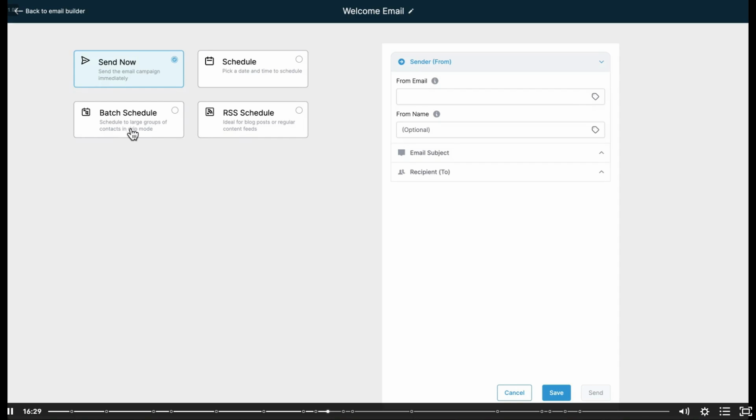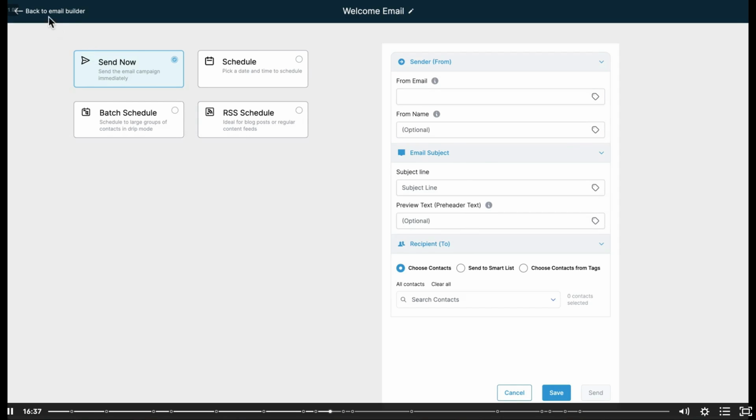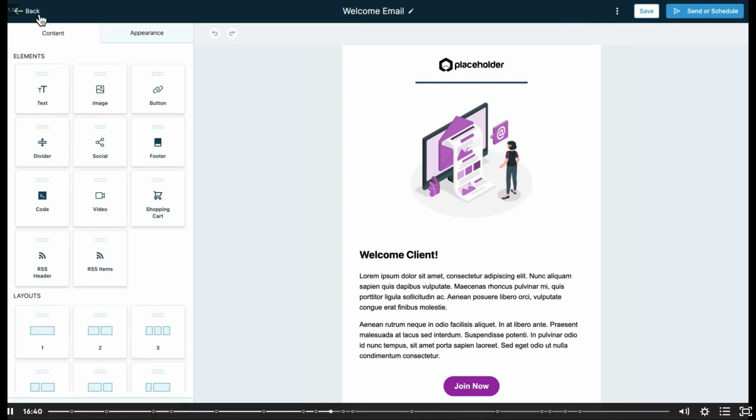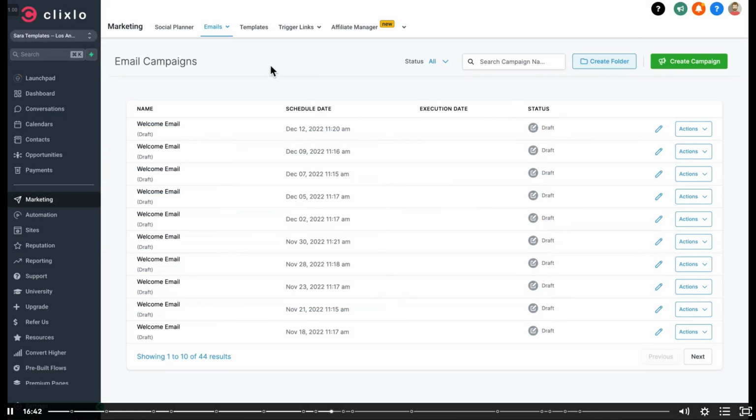You can even batch it, so if you have 10,000 emails and you want to send it every hour for 10 hours, you can do that. From email, from name, subject line, and who you're sending it to. Once you do that and it creates the campaign, you'll be able to click on it and you'll see the